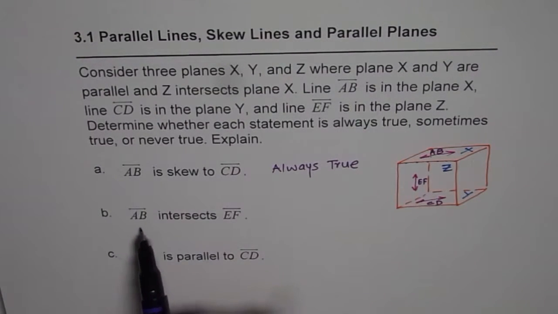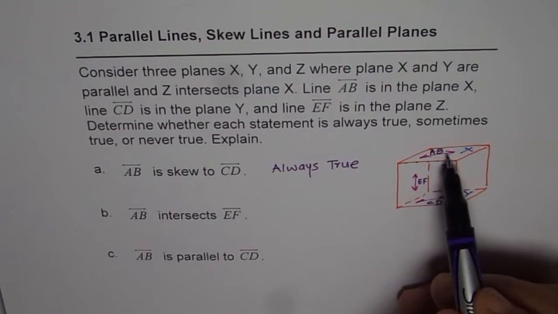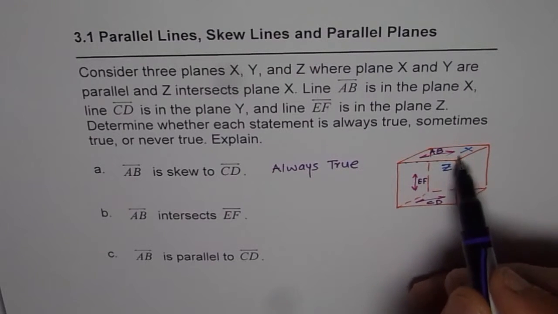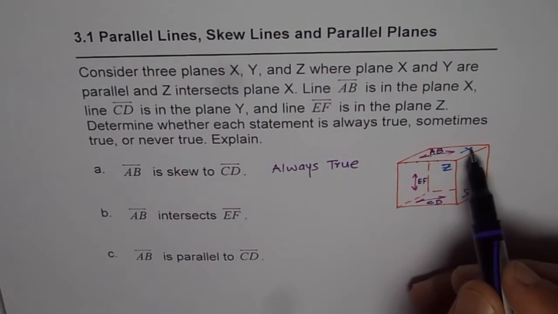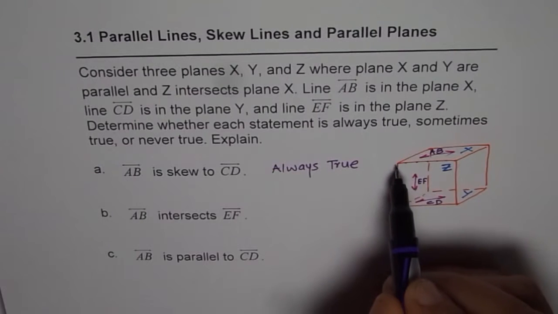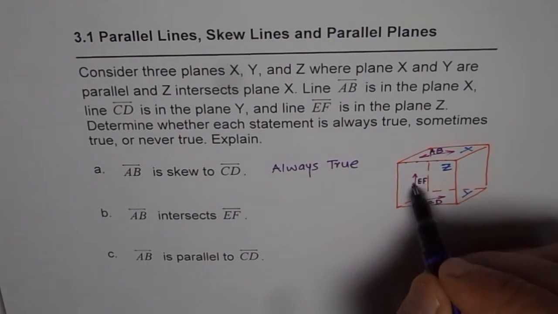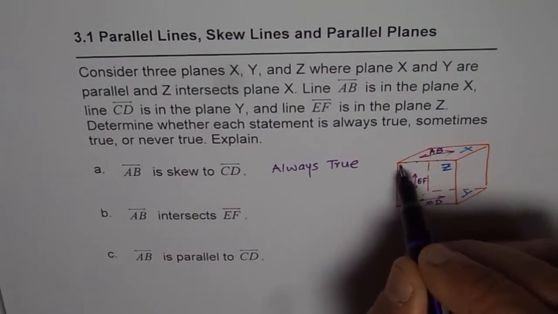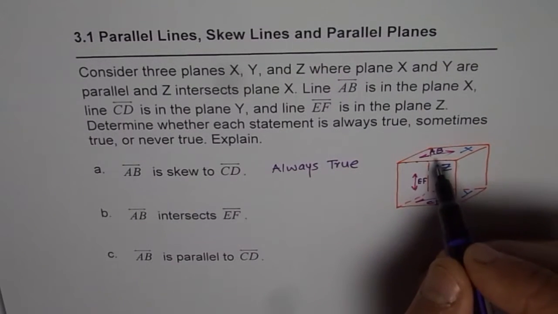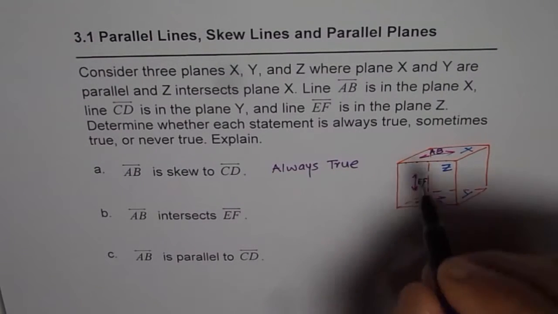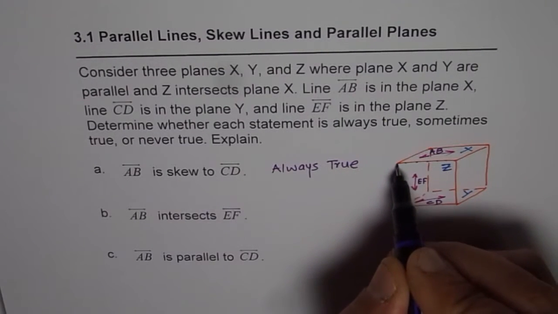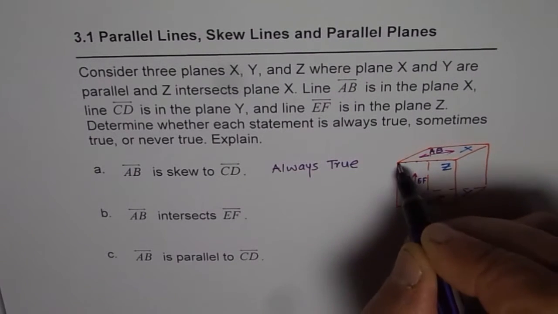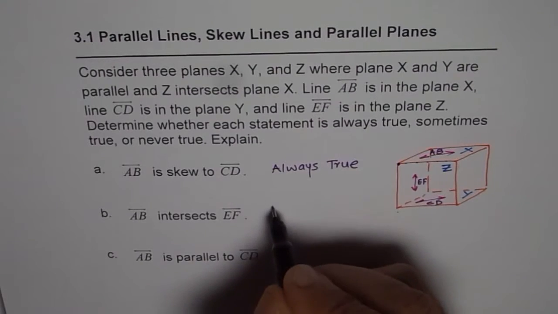Now we have AB intersects EF. AB and EF intersects. Well, since these two planes are not parallel, they intersect in a line. So any line which goes through this line, if both the lines are going through this line at the same point, they can intersect, right? For example, consider AB to be along this line and EF to be along a vertical line, then they intersect here, correct? So this statement is sometimes true,